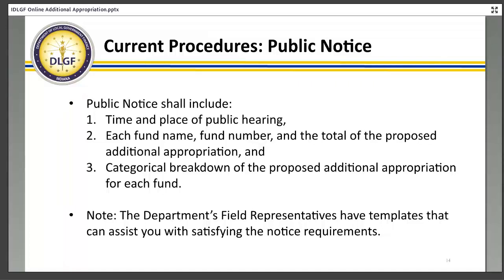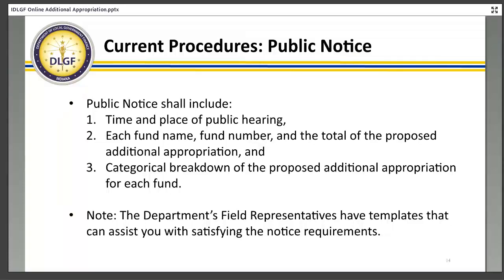The Form 1 includes the State Board of Accounts definitions for the major budget classifications. What's meant by number 3 is, in addition to telling the public that you're planning on doing an additional appropriation in, say, your general fund, you would need to provide them additional information to say what that increase will be used for. Will it be used for personnel services? Will it be used for supplies? Will it be used for capital outlays? This requirement is designed to make sure taxpayers are informed of what this increase is going to be pledged to.